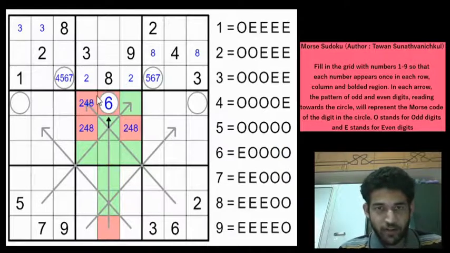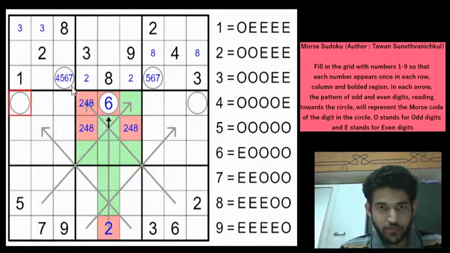And now we have got another deduction. We can see that 2 cannot be in these two cells. Where can 2 be in column 5? All these 4 cells are odd, so 2 cannot be in those 4 cells. So that leaves us only one cell for the 2 in column 5, which has to be row 9, column 5. We can place the 2 there.